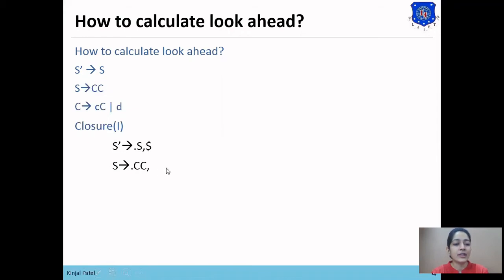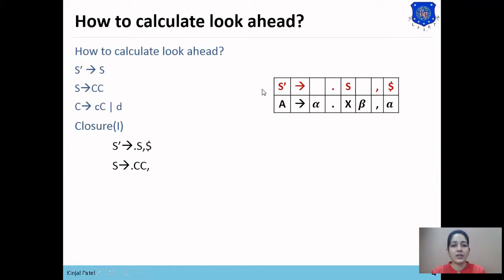Now we need to find the look ahead for this production rule. For that, we'll apply the rules on the production rule from which this statement has been derived. This statement has been derived because dot is present at the beginning of S. So we'll apply the rule for the look ahead symbol on S' derives dot S, comma, dollar. This will be compared with A derives alpha dot X beta, comma, a.